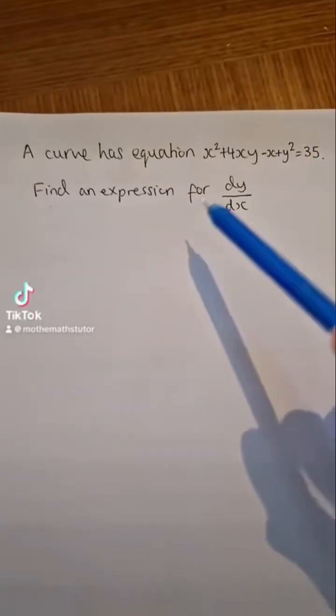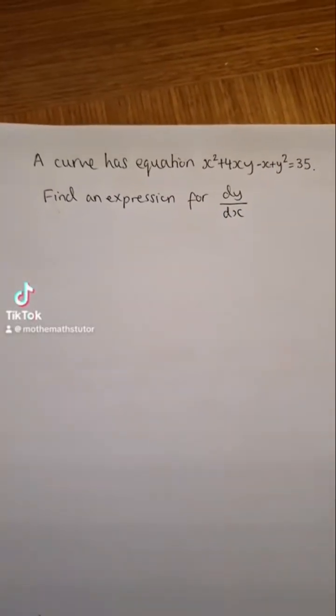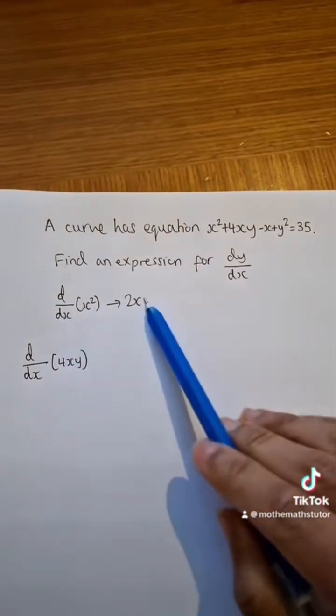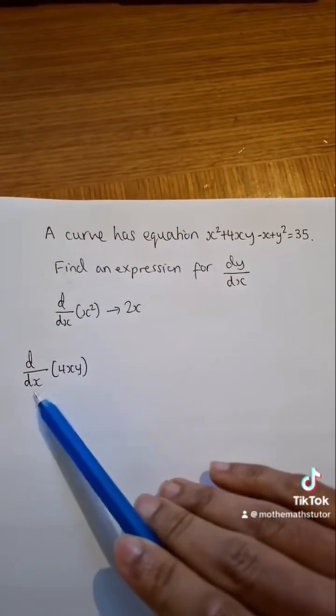In this video, I'm going to go through a very common exam question on implicit differentiation. We're going to start by differentiating each individual term. So I've differentiated this first term x squared into 2x, but differentiating 4xy with respect to x is a little